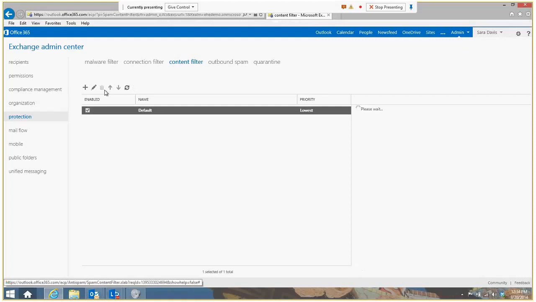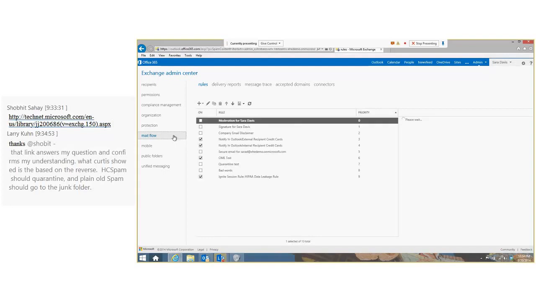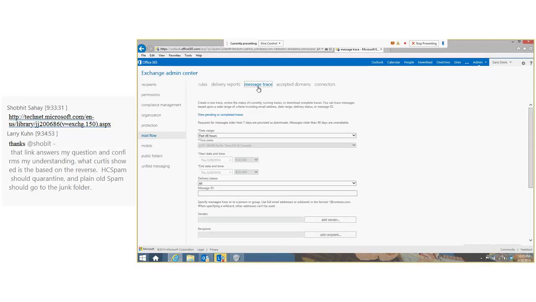All right, so now let's look at another scenario where a user has said that they have lost a particular mail within my Contoso company. So they have called in, we have a user, Sarah, and she has lost a particular message, and she would like to know if we can help address or find out what happened to it. So EOP does have a feature called message tracing. The message tracing will allow me to